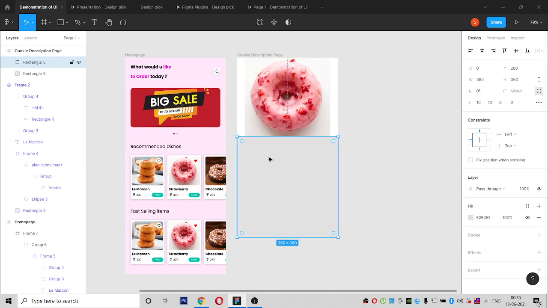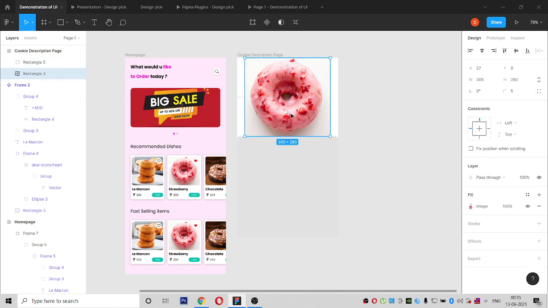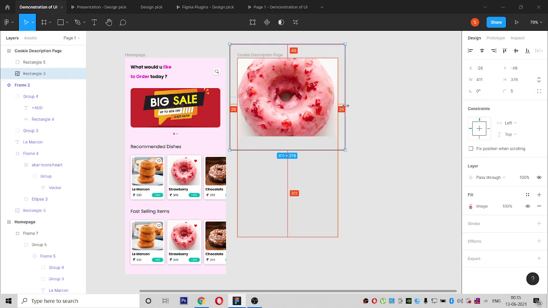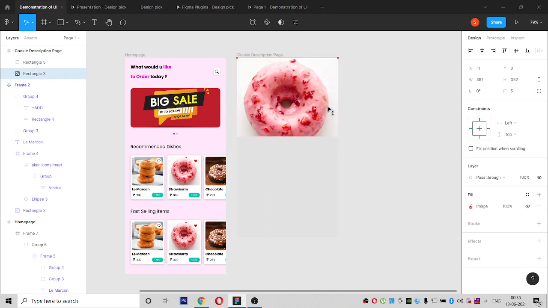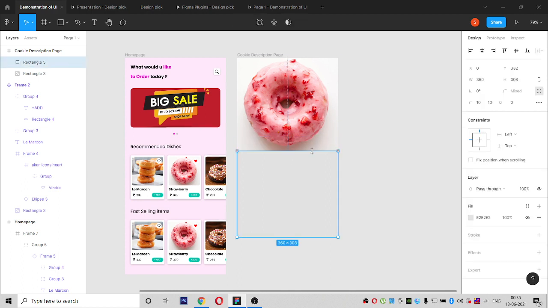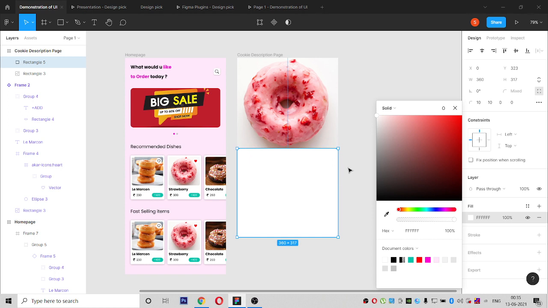And this part is the product description part, and here I will make some design changes. I will give this 0, and here I will give 30.